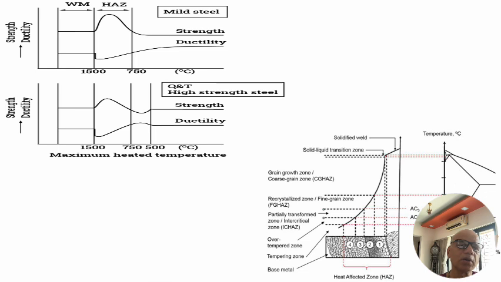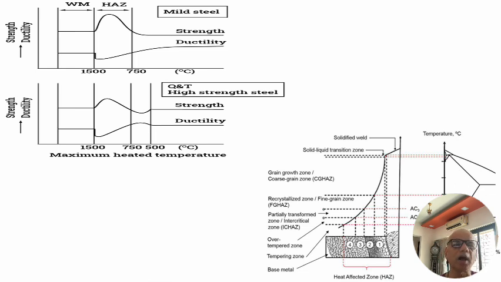which is below the point of the parent material, and that becomes a real challenge because the strength is reducing. Ductility goes up, but in the heat affected zone near the weld, the ductility comes down even though the strength is going up. So this region is becoming very brittle, and this region is becoming very ductile with very low UTS, so it will start yielding faster. The same thing happens in mild steel also to a certain extent. This zone which happens in quenched and tempered steel doesn't happen in mild steel, and the strength doesn't come below the strength of the parent metal, but